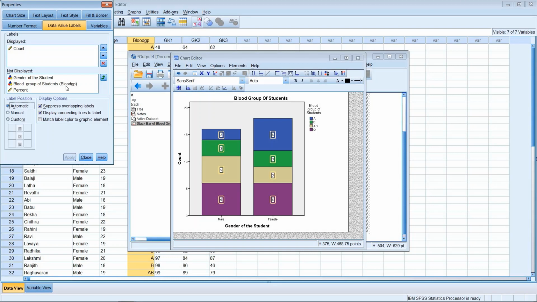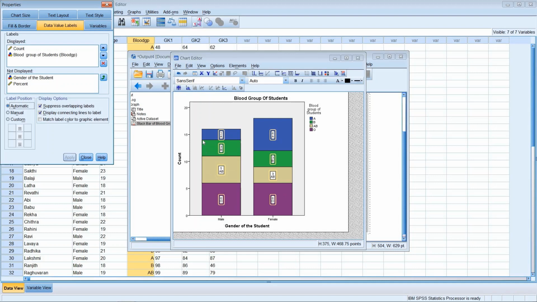So again let us transfer the blood group, click on the arrow, and here count is already there. Now we have transferred blood group of the students also. Click on apply. Okay, so now the blood group is also shown here besides showing the frequency.